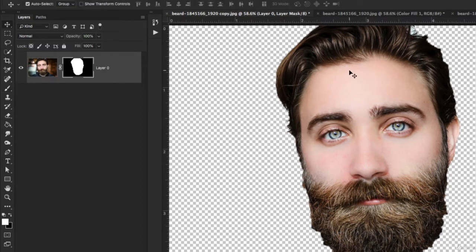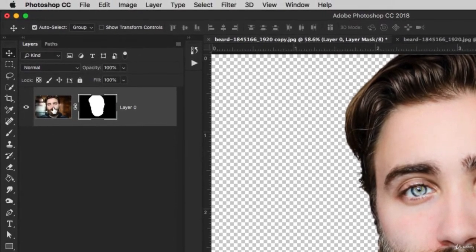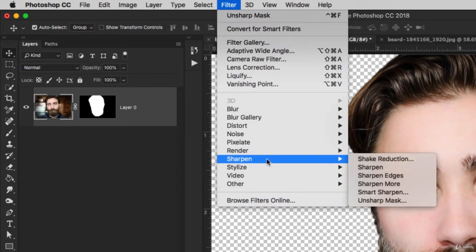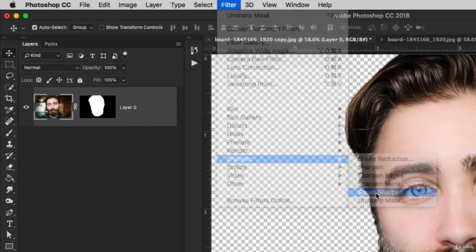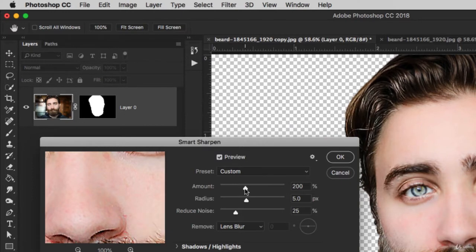Okay, next we're going to further define the edges and the detail of our image by selecting the image, and then we're going to go up to Filter, Sharpen, and we're going to select Smart Sharpen, and we can increase or decrease the amount of sharpening with amount, and the radius will be based on the number of pixels, and then we can reduce the noise as well. So these are the settings that I have. You can adjust them to whatever you want based on your image and how much detail you want to define